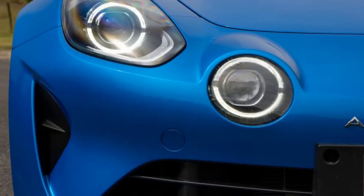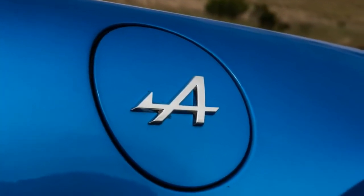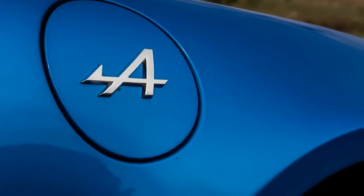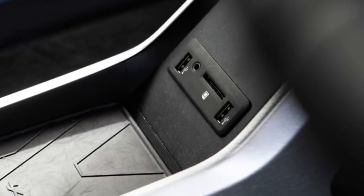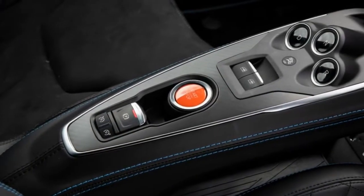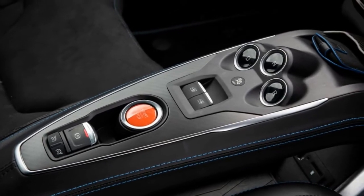Don't expect to see the Alpine A110 parked on every suburban street in Australia. Capped sales to comply with low-volume sales restrictions mean Renault's take on a purpose-built mid-engined racer for the road will always be a rare spot on Aussie streets. Does it deserve a better fate? After a week with the A110 Premier Edition, of which only 60 units will reach these shores, it really does,